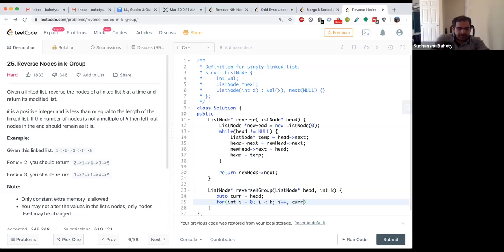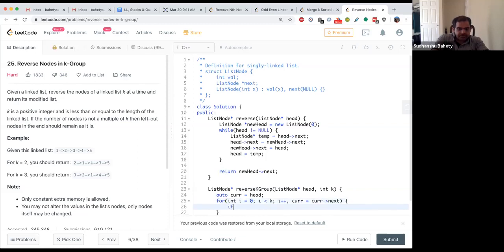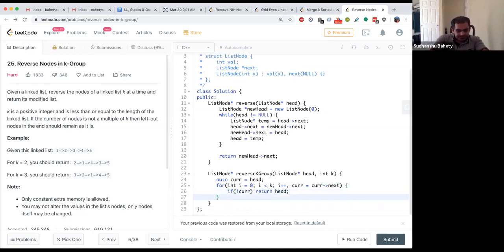And also we do cur is equal to cur arrow next. So we say that if not of cur, if cur is null essentially, then you return head, because you cannot reverse this section of linked list. Else what you say, you